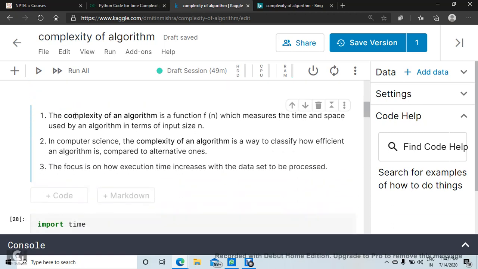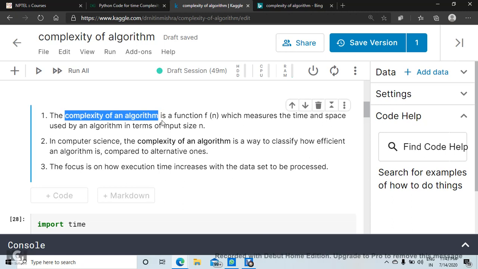The complexity of algorithm is a function that measures time and space used by algorithm in terms of input size n. Means it measures as the input size increases, what is the rate at which time and space requirements of those algorithm increases.